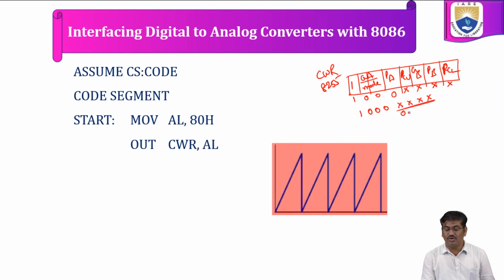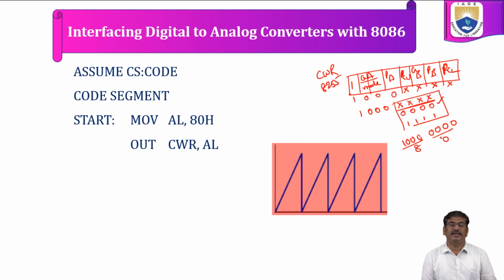For these don't cares, we can pass any value from 0000 to 1111, but we are taking the default values as 0. So we will write the control word register value as 1, 0, 0, 0, 0, 0, 0, 0,